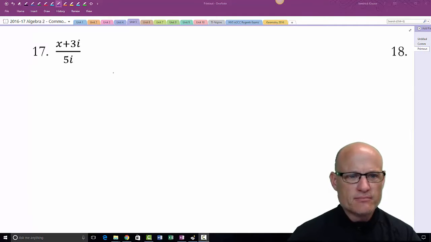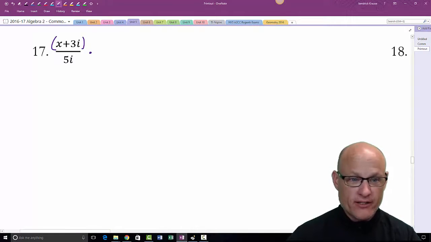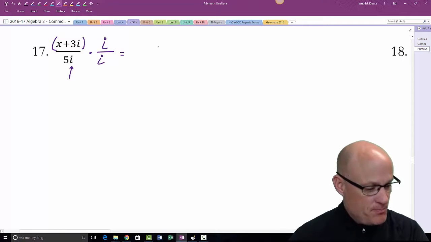All right, let's see what we got here. I got an i in the denominator. I don't like i's in the denominator, so I need to get rid of it by multiplying by 1. The problem is this. It has nothing to do with the numerator. The problem is that. So I need to multiply by i over i. So this gives me, now,